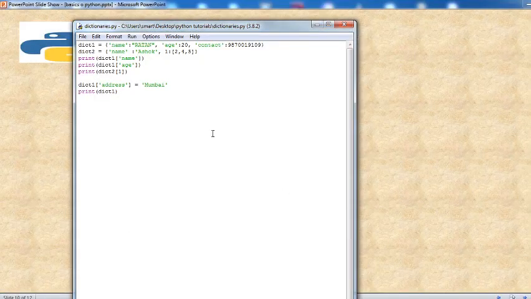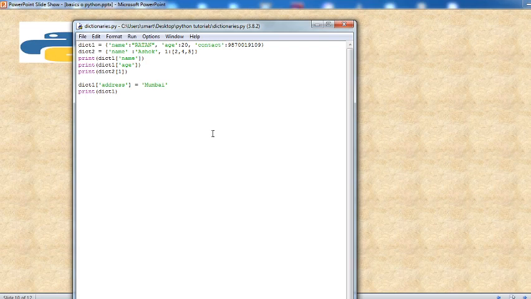So for example, dictionary DICT1 is equal to name. Here, what are the keys? You are storing a record of a particular student. So for example, name is one key, age of a particular person is another key, and contact is another key.